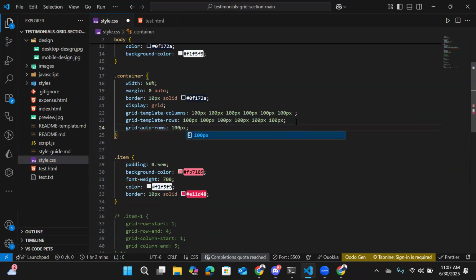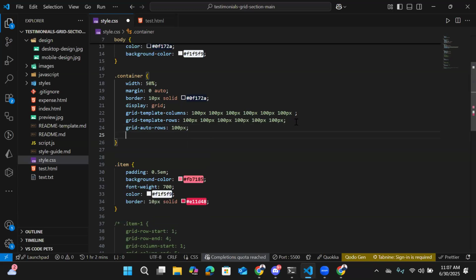So if there is something beyond what we have defined, say you are working with an API, and you think, I have defined all my columns and all my rows properly, but something is still coming up which you didn't define for, this is actually going to help. And that is it. Once I save this, you will see that